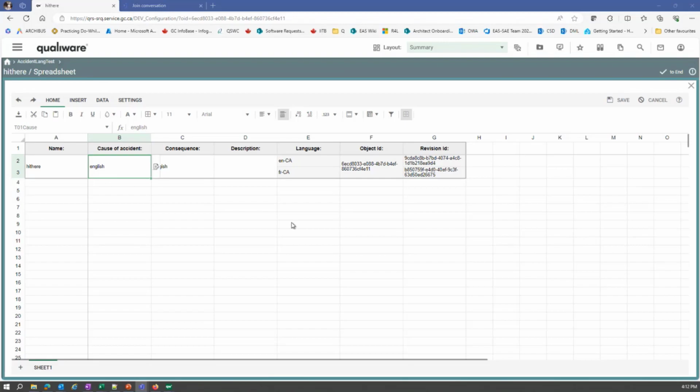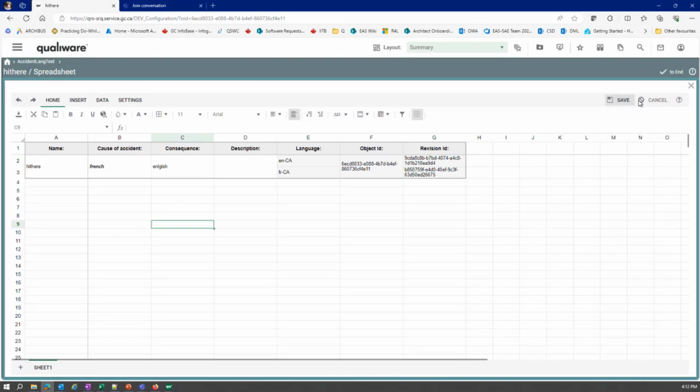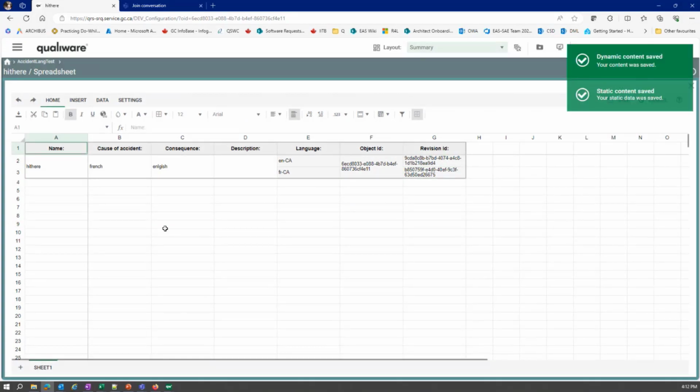So now we can see I did a language variant. My object ID is the same for both English and French, but my revision has changed. I'm working in English right now. If I want to change this to be French, technically, I have just changed the English variant, not the French variant.